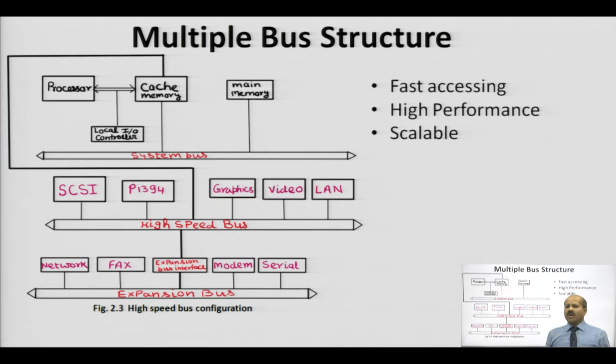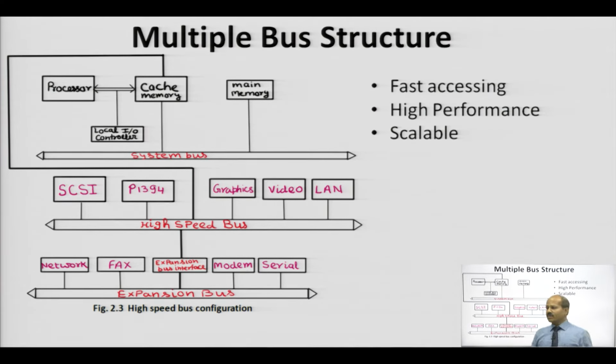a high speed bus is required, because these applications are carrying a high amount of data which is to be processed or transferred in a single clock cycle or very few clock cycles. So, a dedicated high speed bus is used to handle such types of application, for example, graphics, video, LAN application and small computer system interface. So, these can be connected through a high speed bus. Through this architecture, previous drawbacks can be removed.